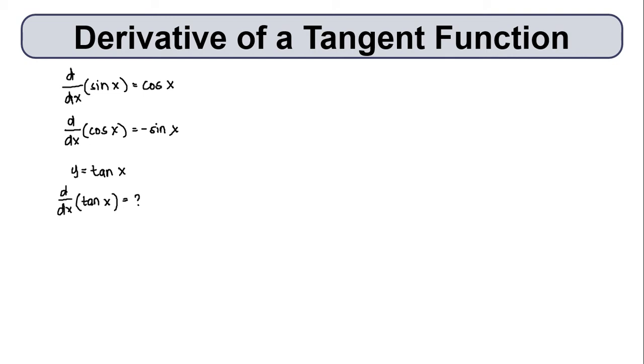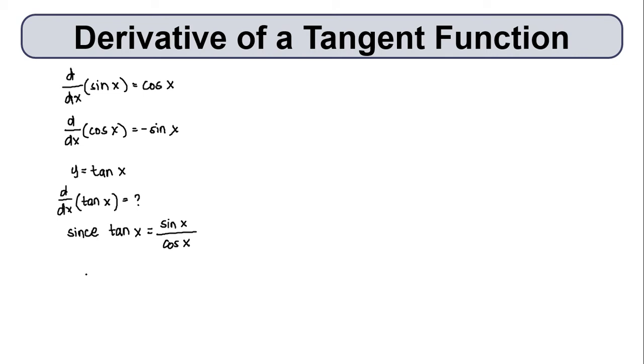Ratio ng sine at saka cosine. Yan sa trigonometry ninyo, yan yung ating relationship ng tangent. Okay? So we have, since tangent x is equal to sine of x over cosine of x,